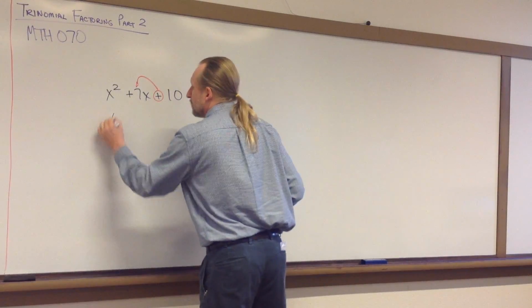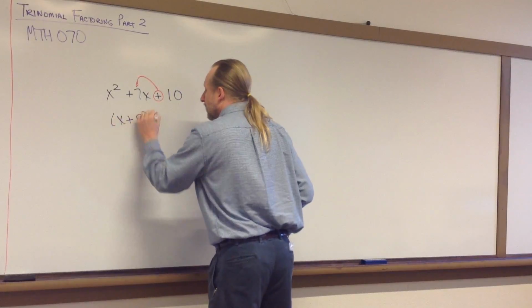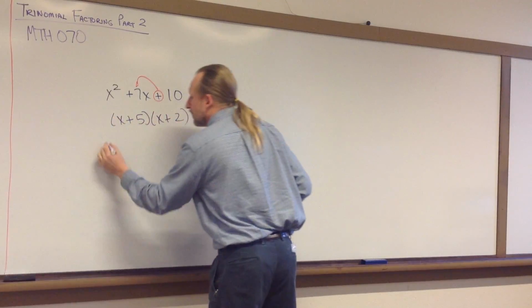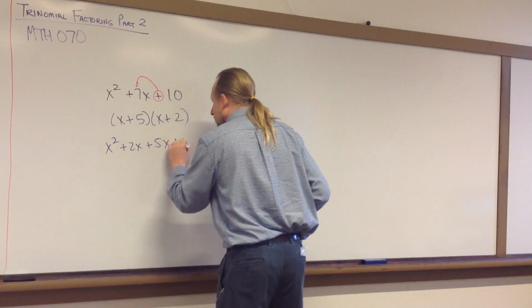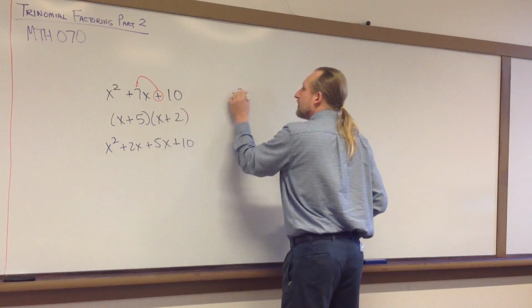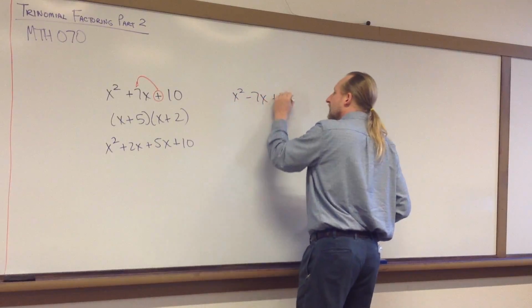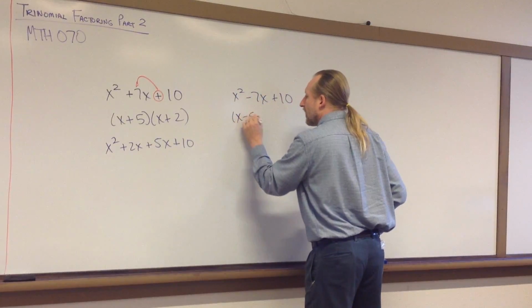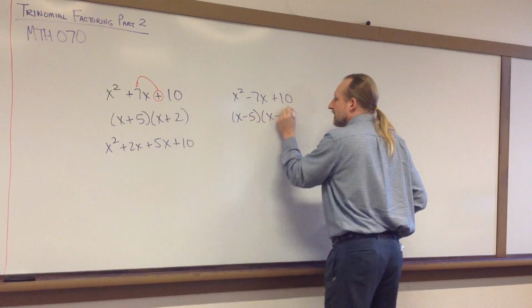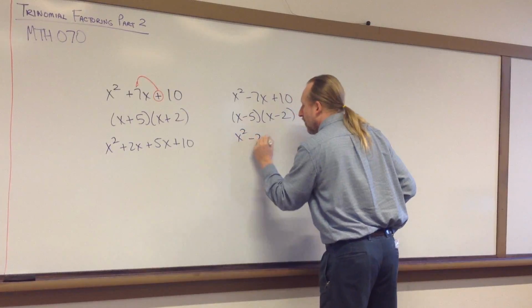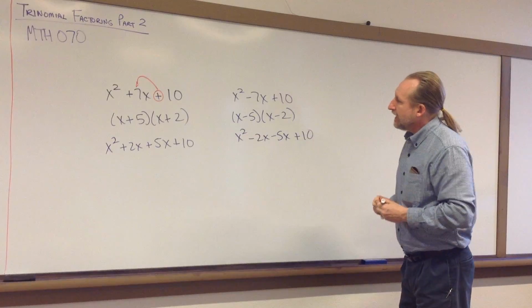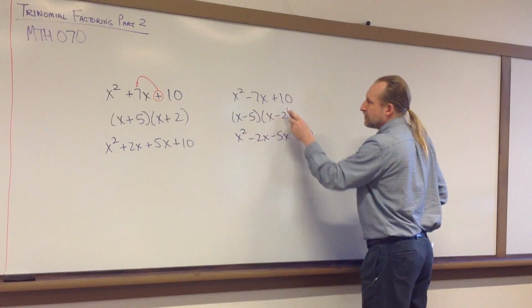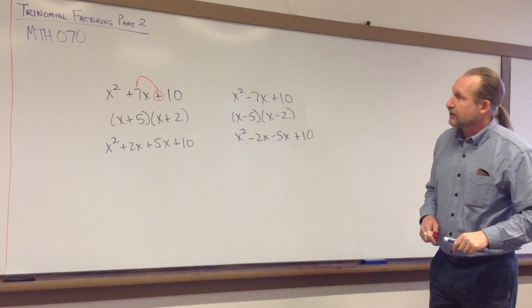Whether that was a plus 7 in the middle, with x squared plus 2x plus 5x plus 10, or whether you had a minus 7x in the middle, that would give us x minus 5 and x minus 2,